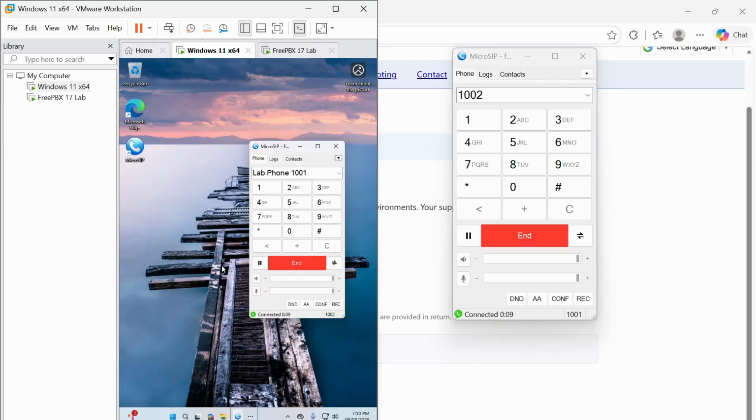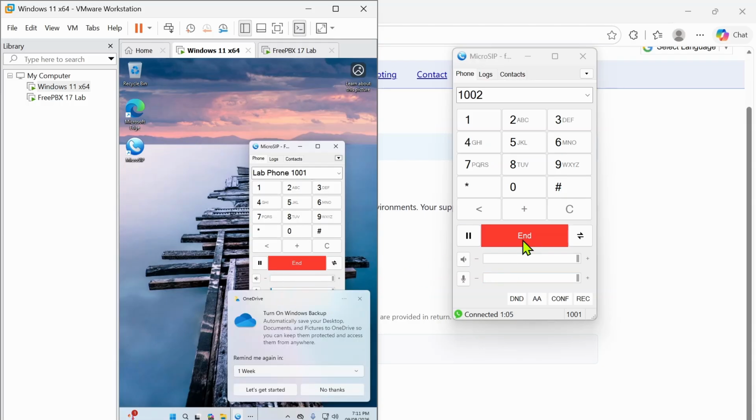So in this video, we installed FreePBX 17 in VMware Workstation, configured the network, created two PJSIP extensions, installed MicroSIP on two Windows environments, registered both extensions, and successfully made our first VoIP call. This is a completely local VoIP lab, so we don't need a SIP trunk or any paid telephone service for